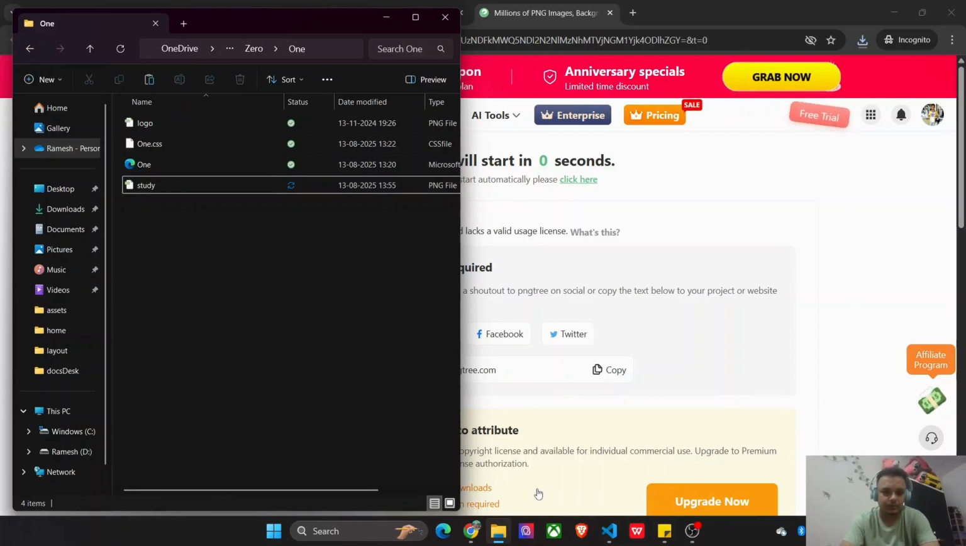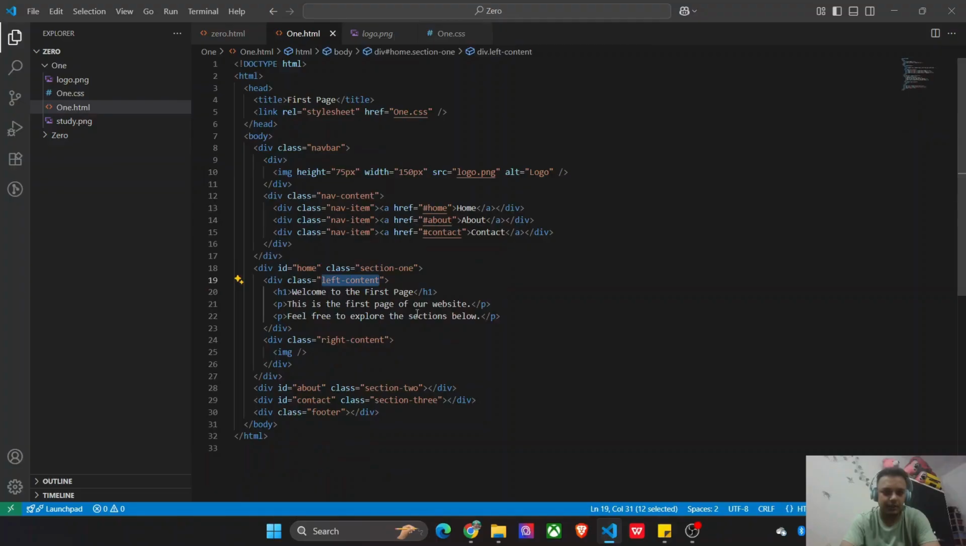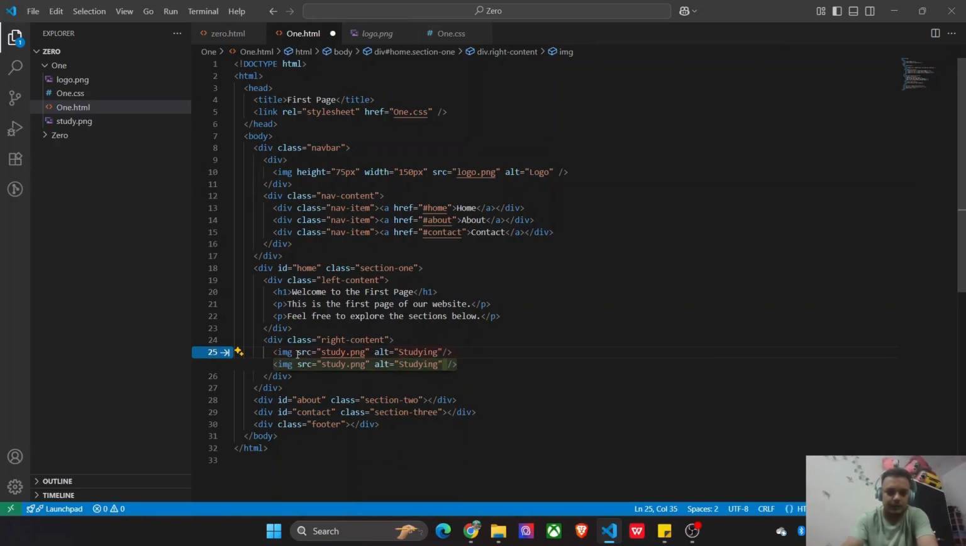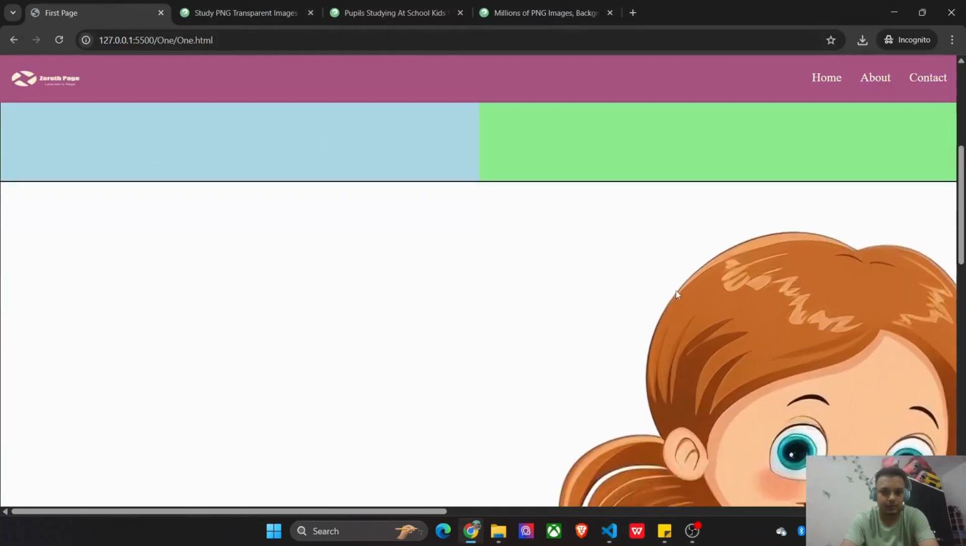Now we will go back to code. We can see study.png here. In 1.html, in the right container we will give src study.png. And now we will give alternative text, study. Save it. Now we will go back to our browser, and now in our first page the image is